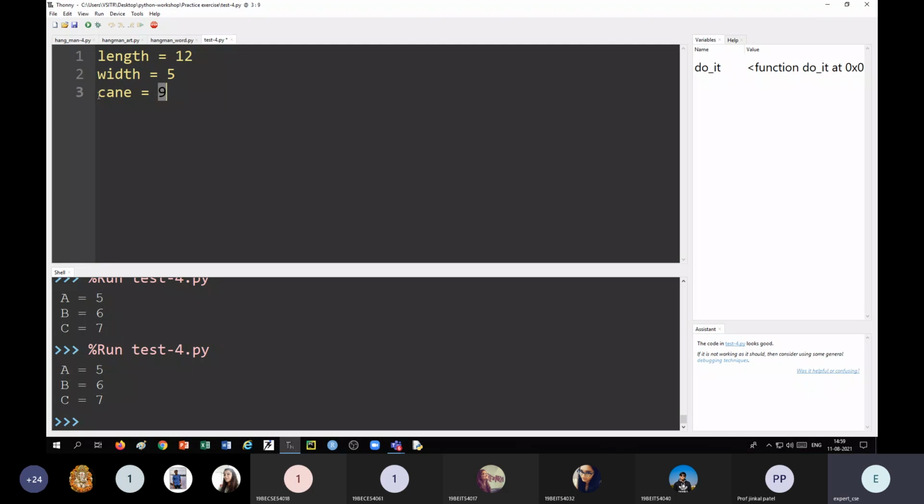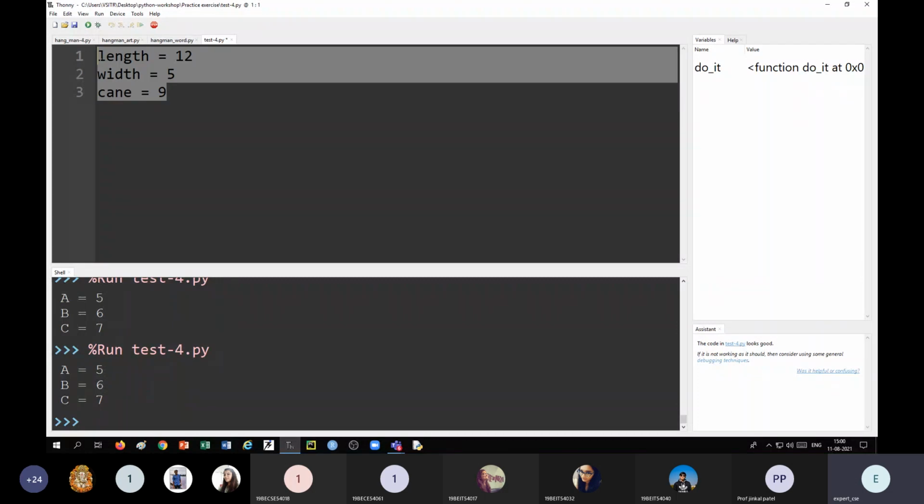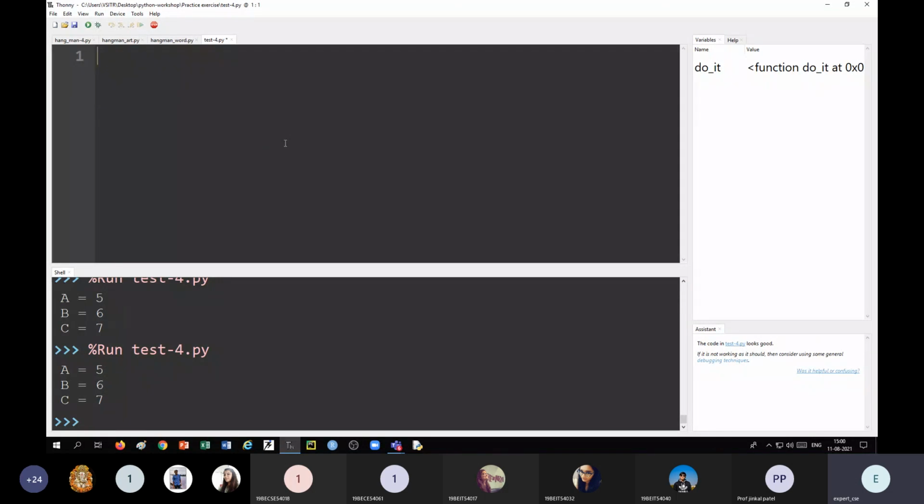Okay, now what you have to do, you have to write a function that, depending on the length and width, prints the number of cans required. Can you do this? You have to input length and width from the keyboard. It is fixed which area can be painted with the help of one can, so that will be a constant. You will directly take it into the program.